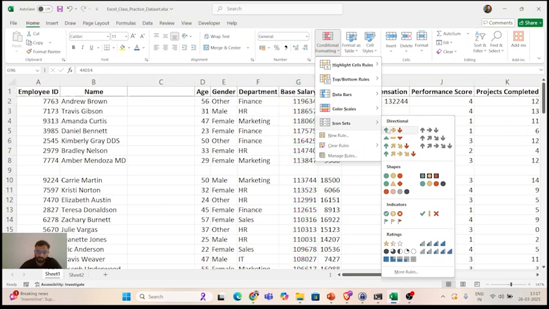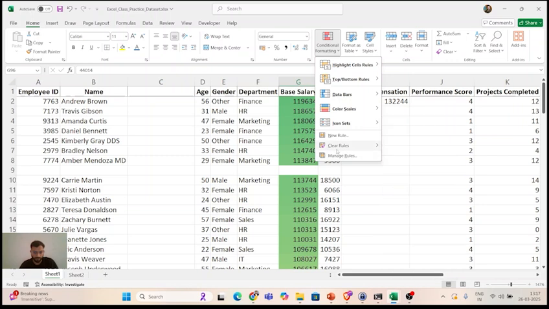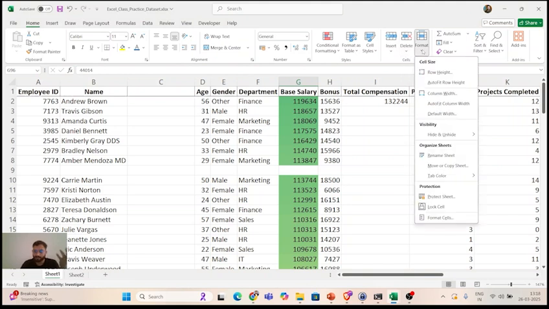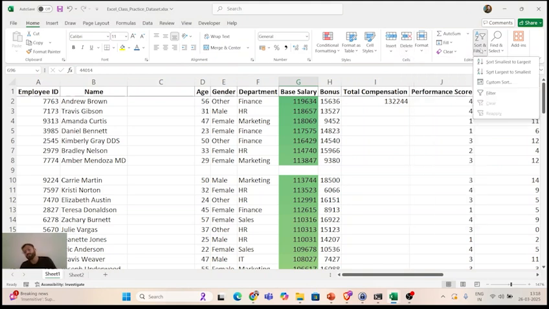Then you can also use icons, to show whether the values are increasing or decreasing; different icons you can use according to the purpose. Correct? So I hope you are able to understand conditional formatting very well. This is one of the most frequently used functionalities in the Home tab, which is why I have covered it in detail. Then you can format data as a table, cell styles, insert rows, columns and sheets, delete rows, columns, cells and sheets, format them, then AutoSum. But after conditional formatting, sorting and filtering are the most frequently used, so let me tell you about that.